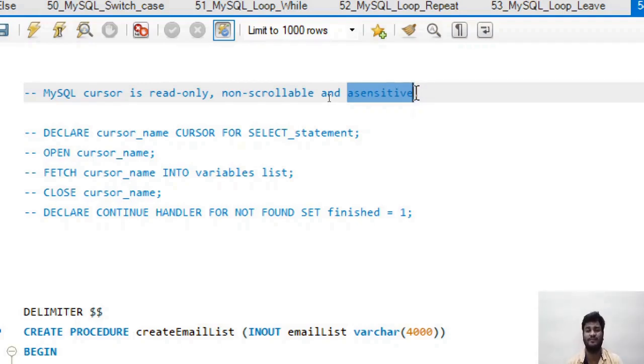MySQL is asensitive. What is insensitive? Insensitive means a cursor will be attached to a temporary table, and the temporary table takes up the values from the table. So a temporary table is created automatically in an insensitive cursor, but MySQL supports only asensitive. What is the advantage of insensitive? Using that temporary table, we are not hitting the same table again.